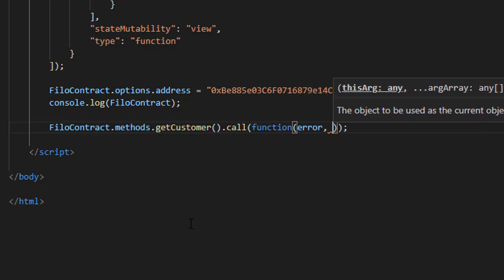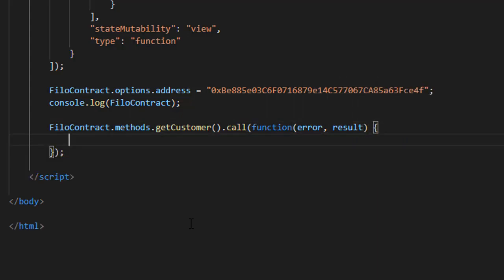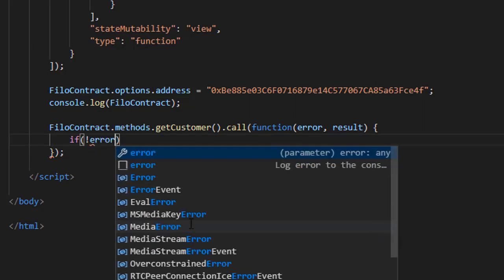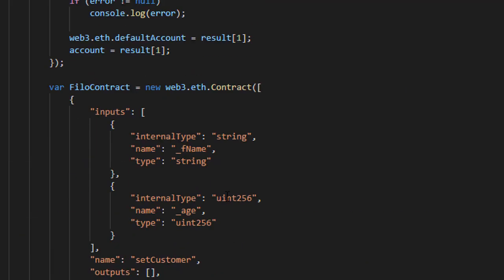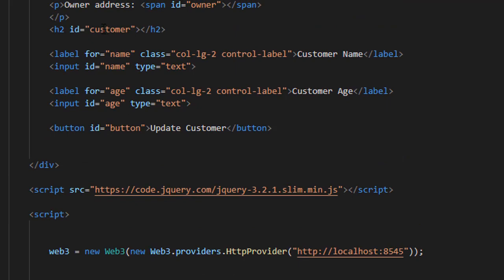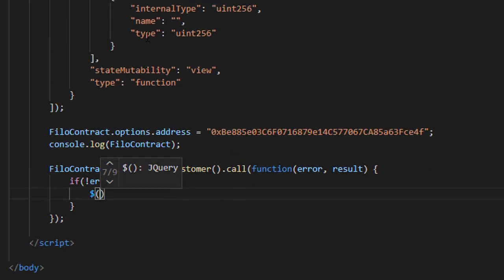With error and result. So if we don't get an error, if not error, then I am going to use jQuery to get the customer ID where we will display the results.